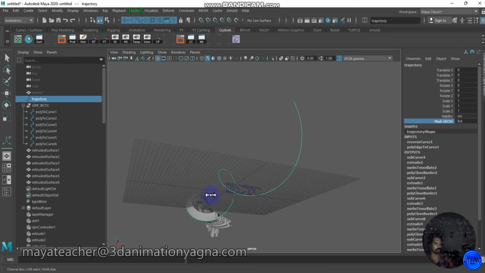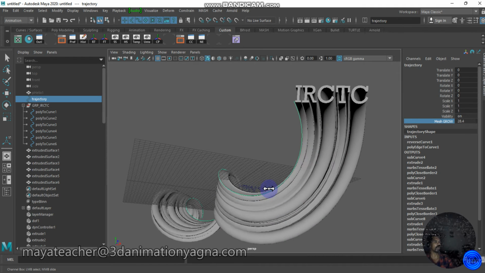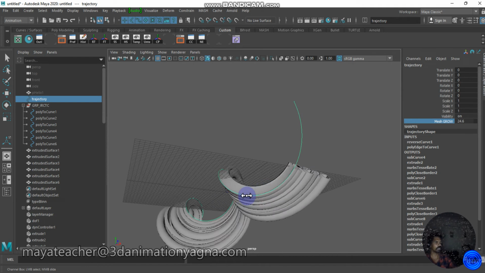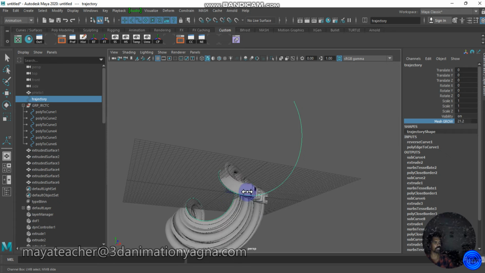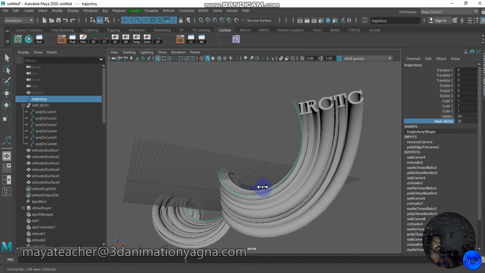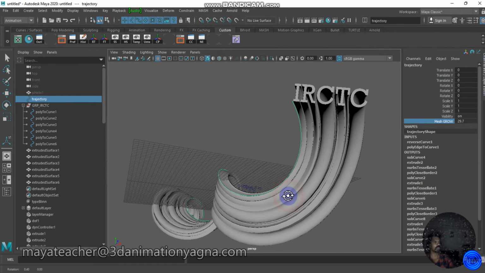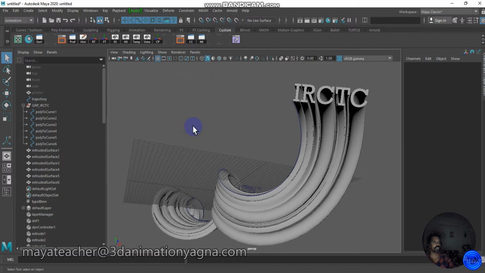This is the effect we wanted. See, from 0.001 of extrusion to 1, this we are able to achieve through the partial option in the surface extrude. Okay, now let's apply